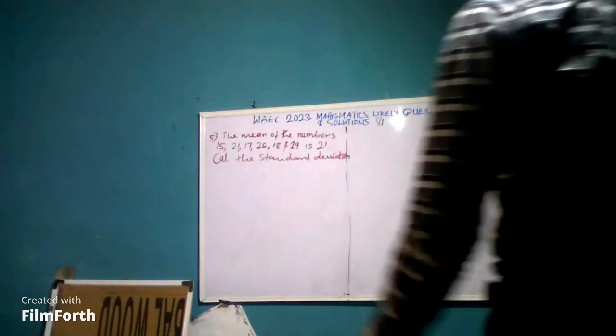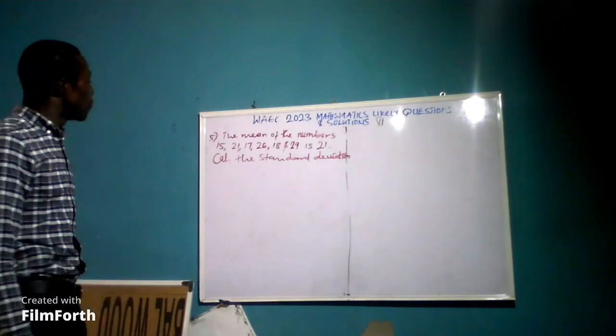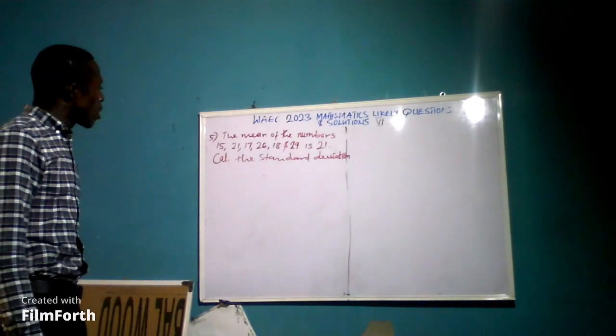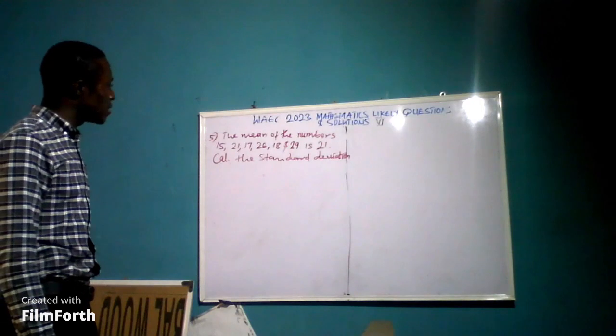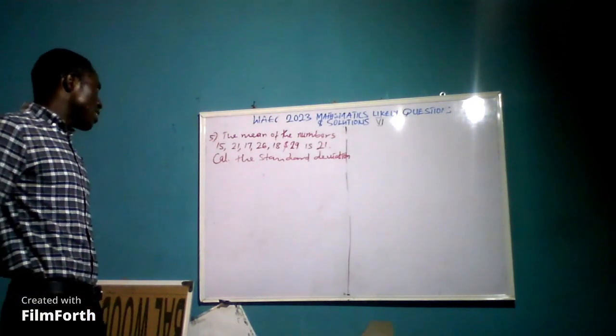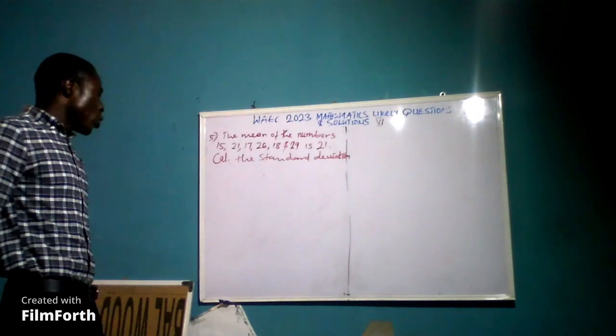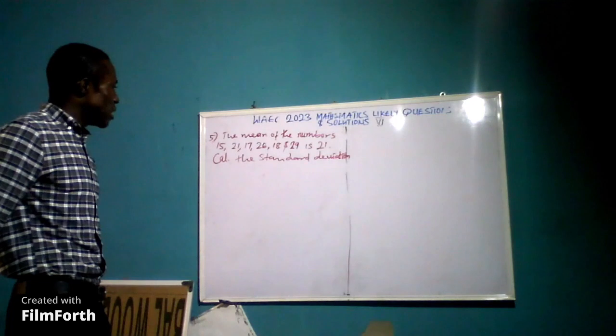Yeah, let's take question number 5. Question number 5 says that the mean of the numbers 15, 21, 17, 26, 18, and 29 is 21. Calculate the standard deviation. Now, to start with this question, what you do is to try and remind yourself the